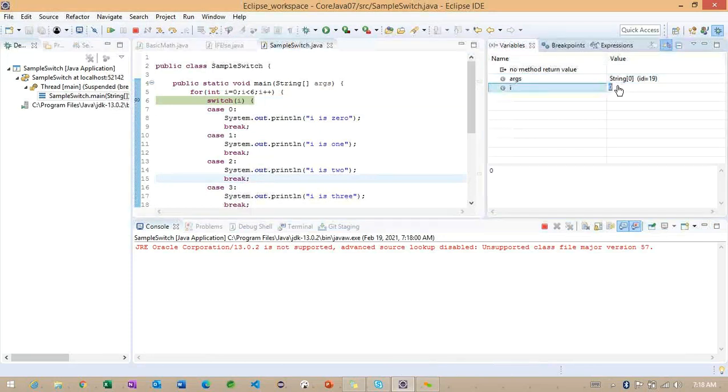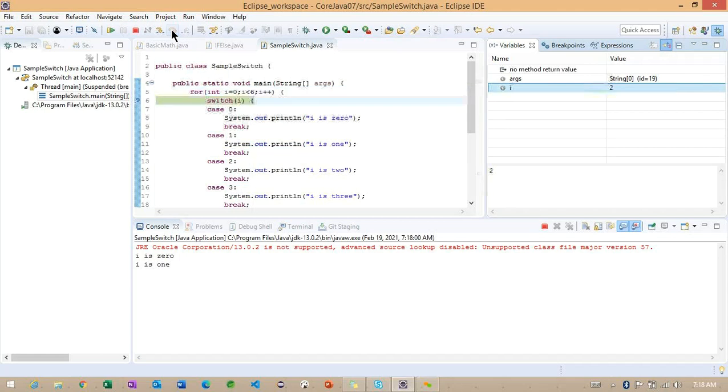So now we can check the i value. I value is 0. You can check with the right side section, the i value related information. So you can check here, the case is calling, i is printing. Now once we are making the break, what it is doing here is directly going to the for loop. Now it is checking. So you can check here, directly it's checking with the second case. So that is called one case here.